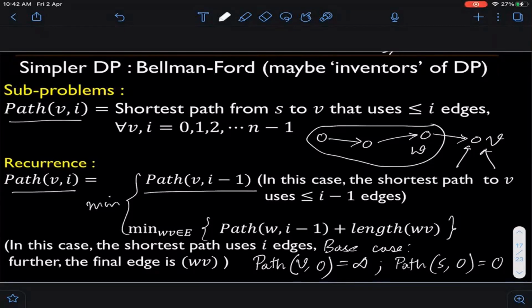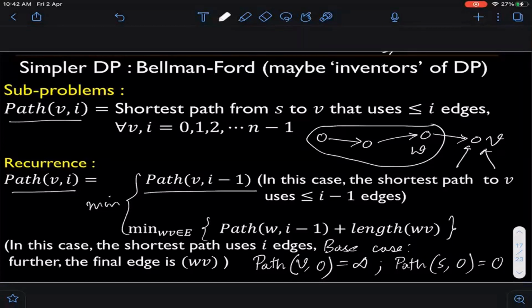Great. Okay. So first of all, let's just talk a bit about why this recurrence relationship is correct. And again, I'm doing this because I still see that some of you are a bit confused about how to write proofs of recurrences. So first of all, let me take this opportunity to say one thing.